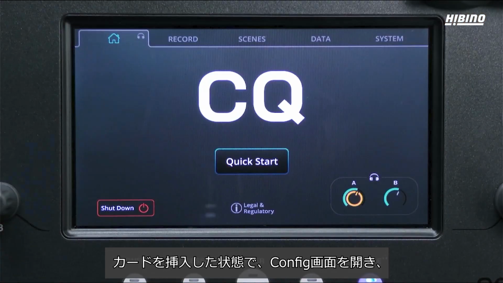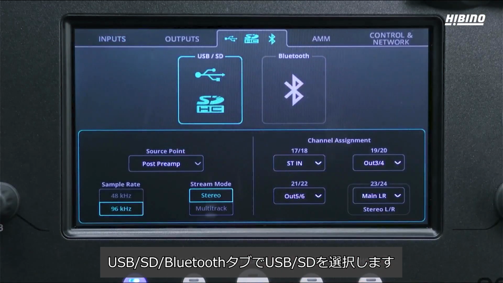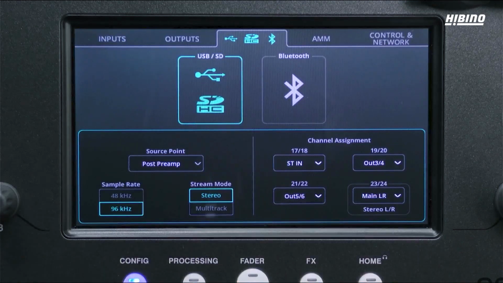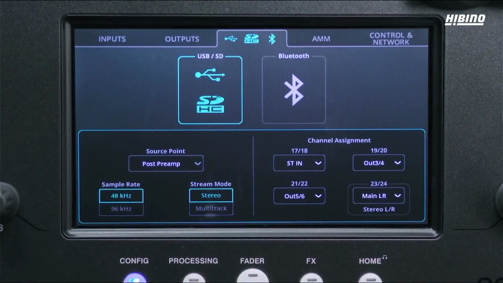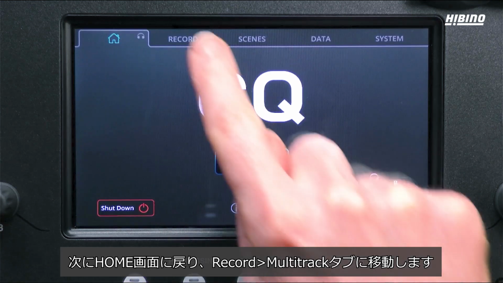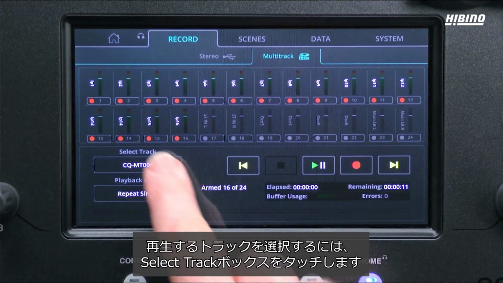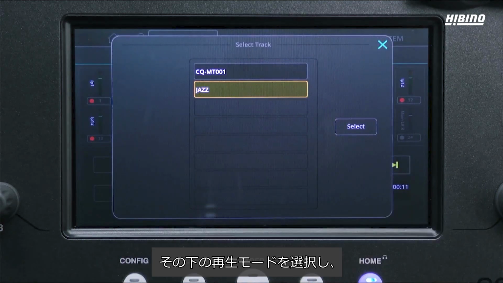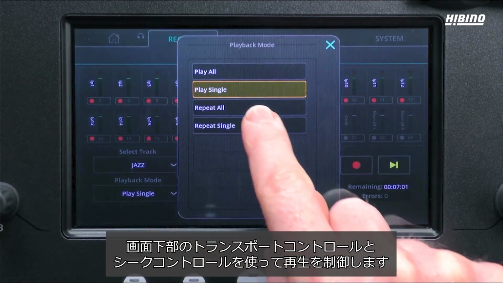With the card inserted, go to the config screen and in the USB SD Bluetooth tab, select USB SD. At the bottom left of the screen, select the sample rate that matches the recordings you wish to play back. Now go to the home screen and navigate to the Record Multitrack tab. Touch the Select Track box to select the track to play. Select a playback mode below this, then use the transport controls and seek control at the bottom of the screen